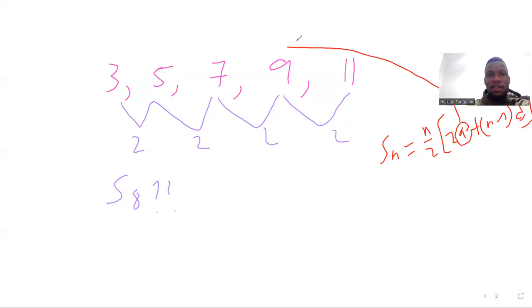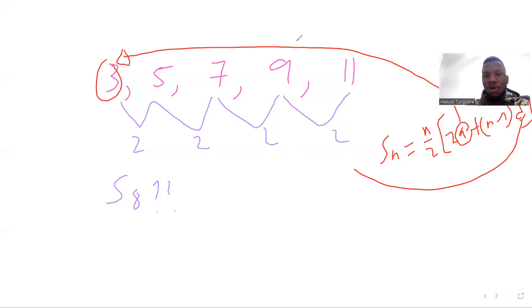A is the first term in the sequence, right? So a in this case is going to be 3. And then what's d? D is the common difference, right? So d is going to be 2. So if we substitute those values in our formula, then we're going to have our Sn equals n over